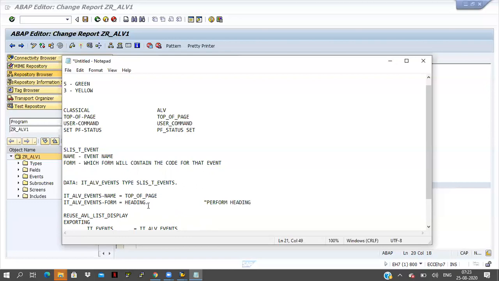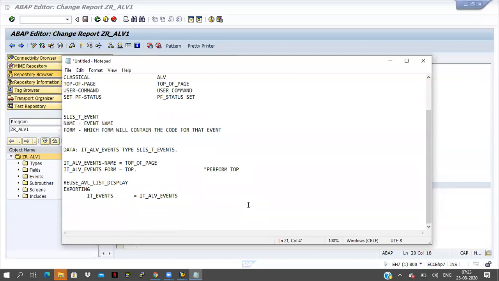For example, if I take top, in the back end it will call perform top. Whenever we write a perform name, we have to declare that form and end form also. That is mandatory, right?